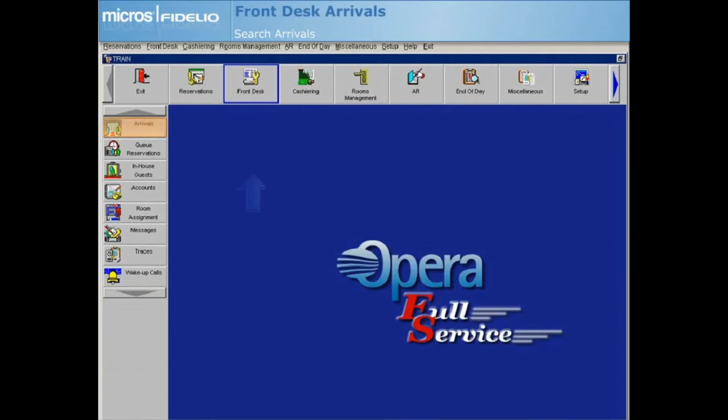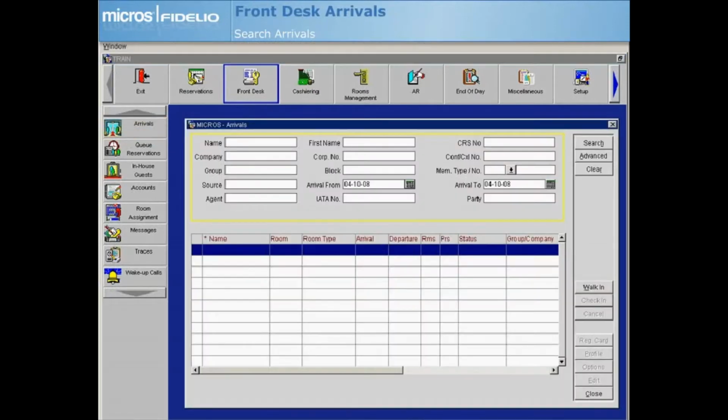Select Arrivals from the Front Desk module. The Arrivals search screen displays. The Arrival From and Arrival To fields automatically default to the current date, meaning that Opera will display only those